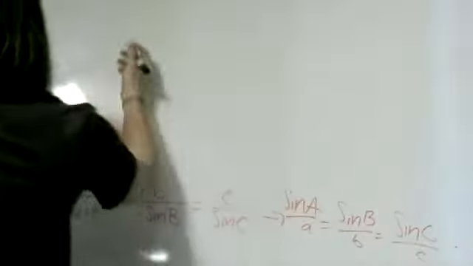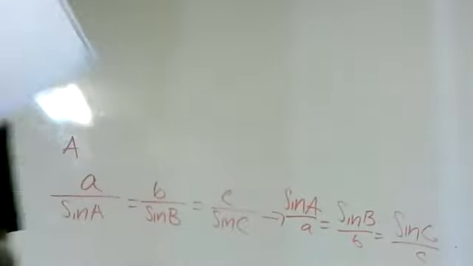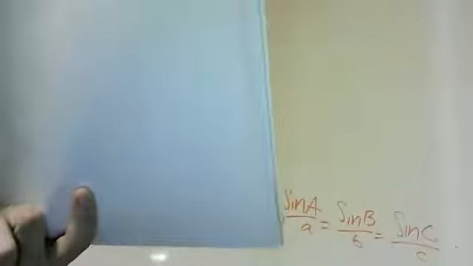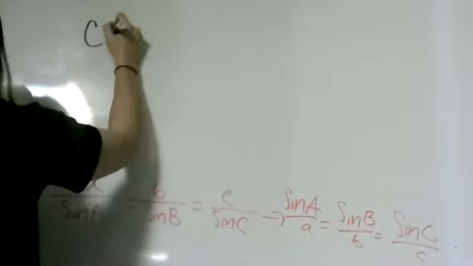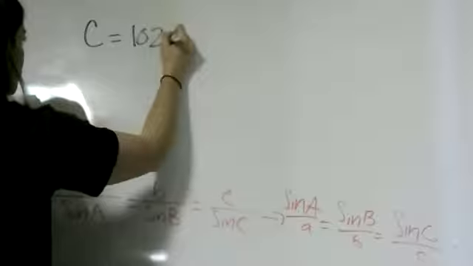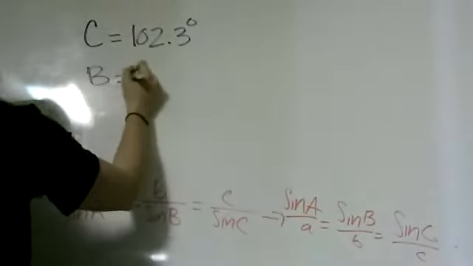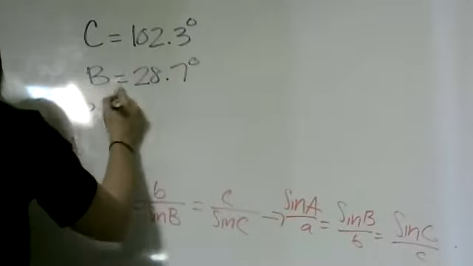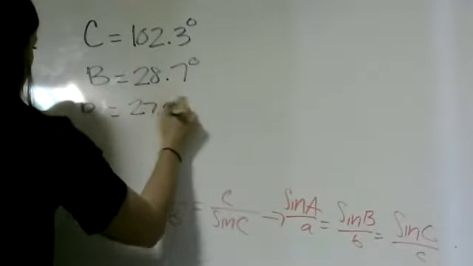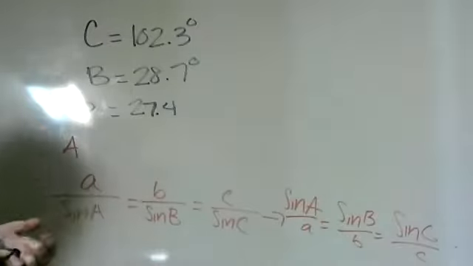I want to solve where, oh, this one doesn't work either. Where C equals 102.3 degrees, B equals 28.7 degrees, and b equals 27.4. So another thing on this is if you're ever unsure of whether that is a big C or a